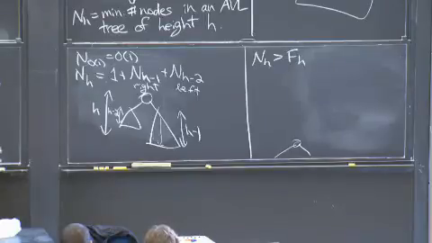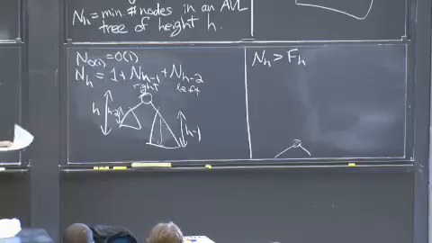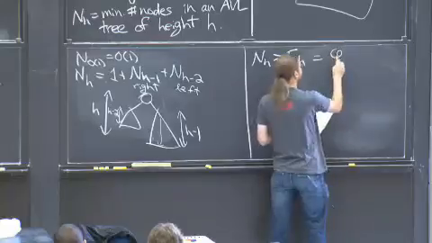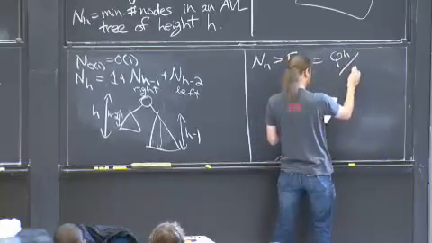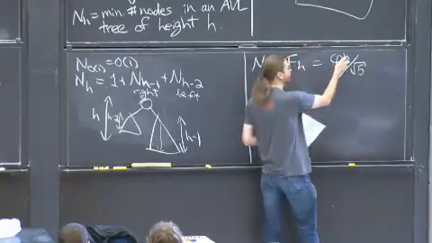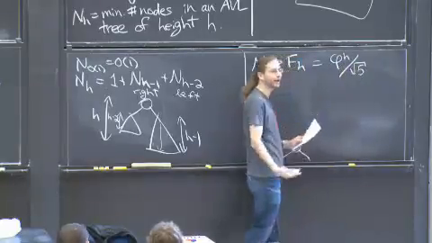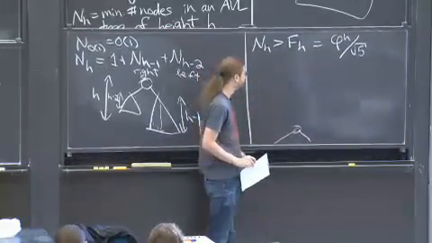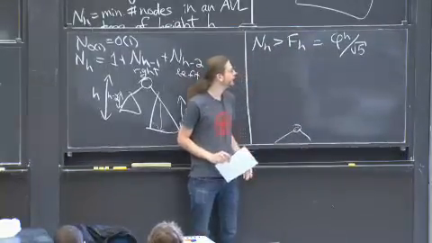OK. Now, hopefully, you know Fibonacci is exponential. I have an exact formula. If you take the golden ratio to the power h, divide by root 5, and round to the nearest integer, you get exactly the Fibonacci numbers. Crazy stuff. We don't need to know why that's true. Just take it as fact.